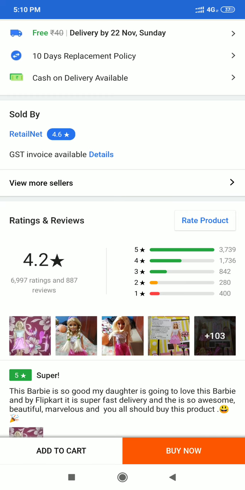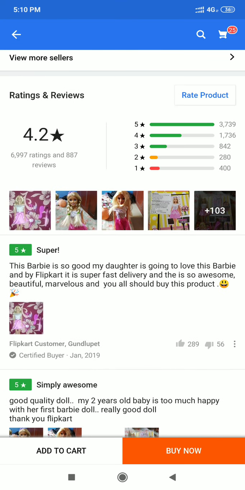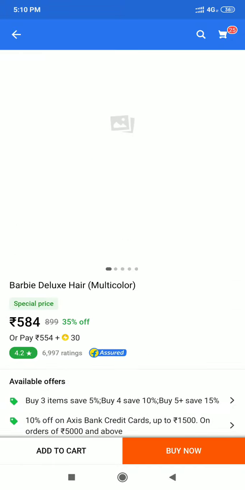That means it is nice, but not that nice. And if it is given 2.1, 3.2, then it will not be a nice product. But if you see that it's given 4.8, 4.9, then you will know that it's a nice product. But if you want more information, then you can go down as I have told you, and you can get more information.